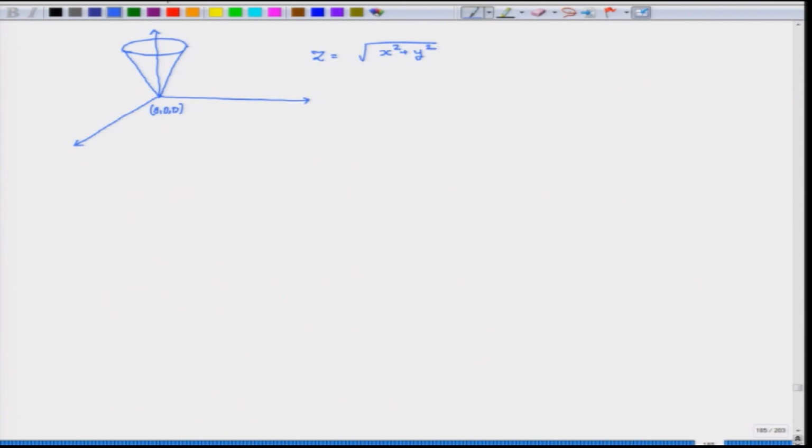So, how do you give this? Basically what is happening? x square plus y square can be parametrized like a circle, keeping z as the value of the radius, right. So, if I put x equal to u cos v and y equal to u sin v and z equal to u, then x square plus y square is equal to u square, which is z square. So, suppose I find the tangent plane